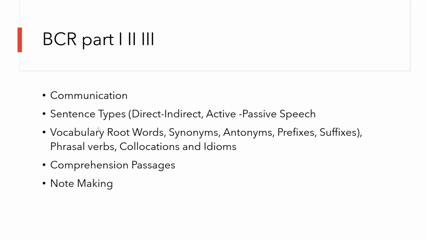It is not about how you speak English like I do in every video. It is also not about translating how you interpret a particular sentence in your own local language and then just translating it into that paper. This also doesn't work. For that, these chapters have a typical format for studying, like note making. Note making has a separate format, and comprehension also has a separate one.